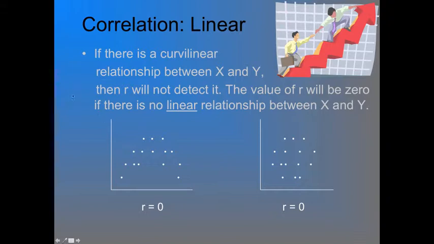Okay, so this is just to point out that, again, correlation is all about linear relationships, not curvilinear or other types of relationships. So here is what looks to be an interesting curvilinear relationship here. You might get this. One way of describing this is the Yerkes-Dodson law, such that, let's say you have